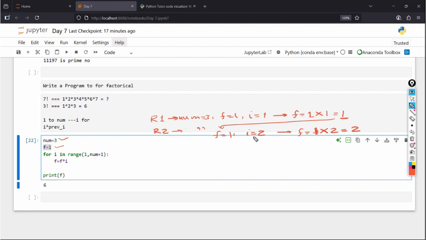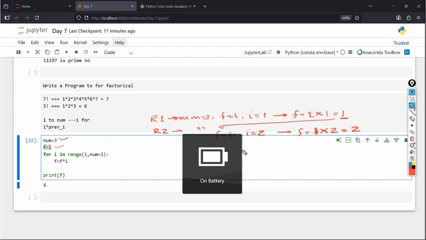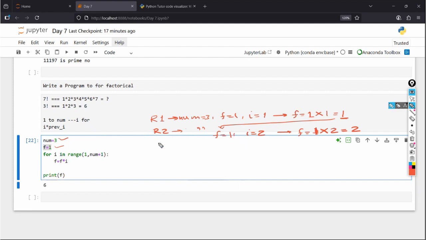Because this time your value of i is 2 here. Is it clear as of now? Okay. Now in the third run, the num value will be 3,